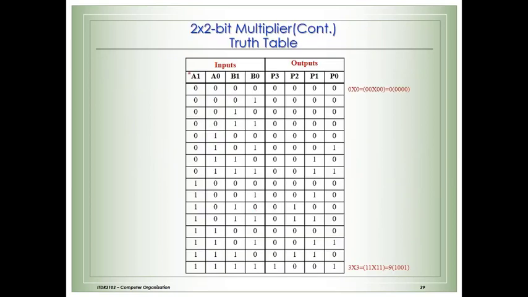This is input 1, the first input of 2-bit, and the second input of 2-bit. First input is 0, second input is also 0. I am writing here in decimal, correct? First input is 0, second input is 1. First input is 0, second input is 2. First input is 0, second input is 3. Now this is the maximum possibility that we can have for this input, right? This was for A, this is for B, correct?